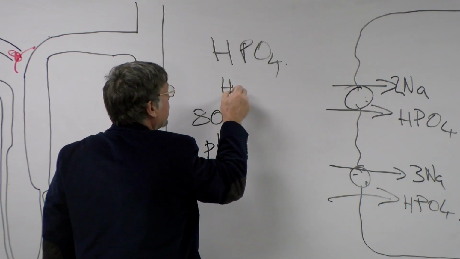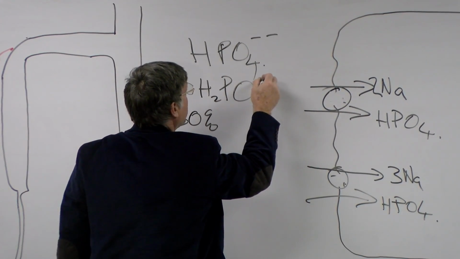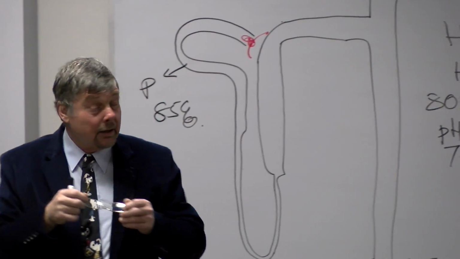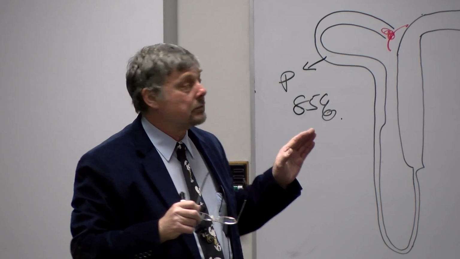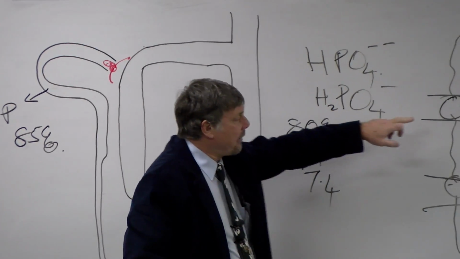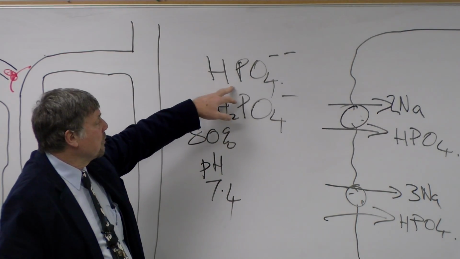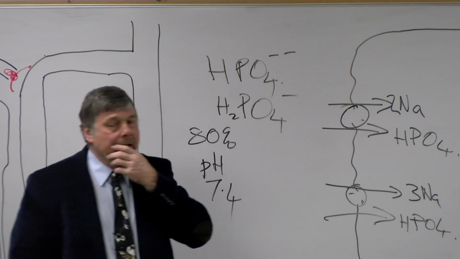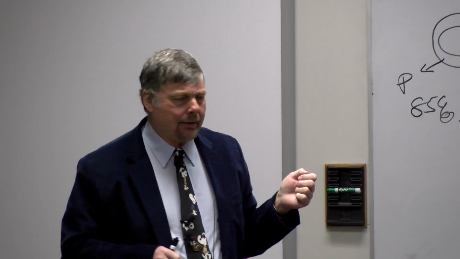The other 20% is H2PO4. The only reason I am mentioning this, and this will become important later, is that the protonated form doesn't carry too well on these two pumps, and so mostly we reabsorb the monohydrogen phosphate. And this has a utility because later on when we do acid-base balance, we'll